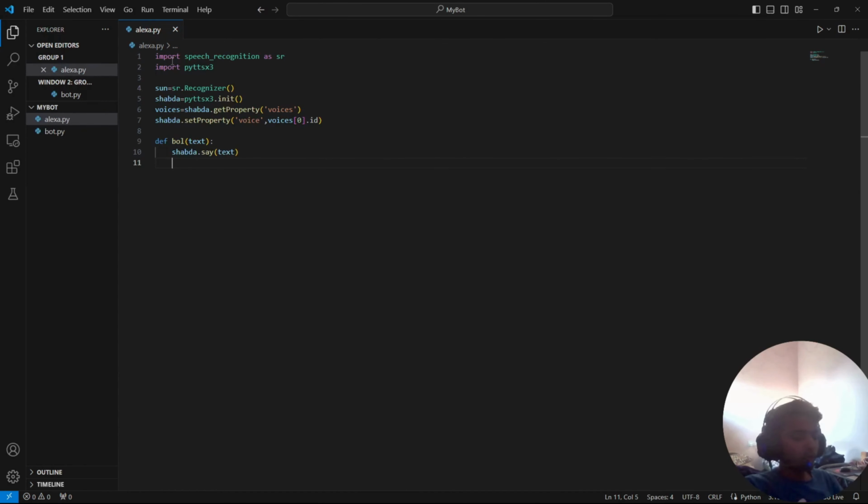Next thing we want to do is wait for the input, correct? So we can say engine dot runAndWait, correct? So it will run and then it will wait for the next input. So this much is done. Now we want our Alexa to take some commands, correct? So for that purpose we'll define a function and call it take command, and